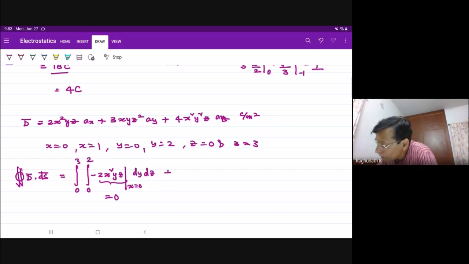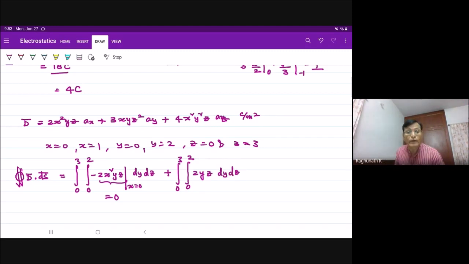Plus integral 0 to 3 for z, integral 0 to 2 for y, d bar dot ax, because of which it is 2x squared yz, at x is equal to 1 it is 2yz dy dz, correct? x is equal to 1. 2x squared yz, but x is equal to 1, so 1 squared is 1. Plus